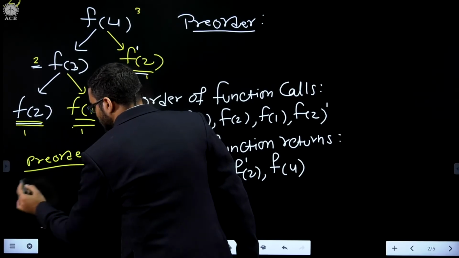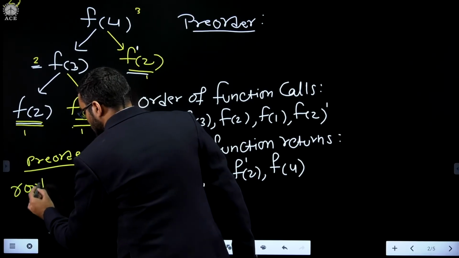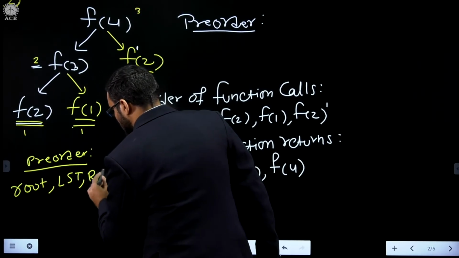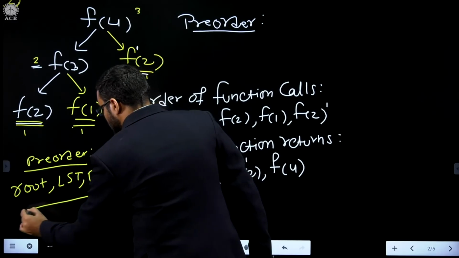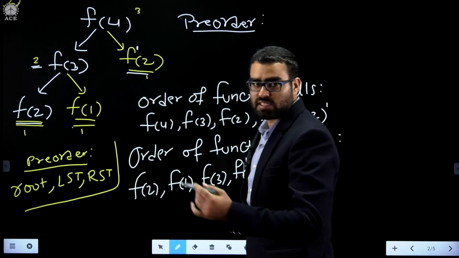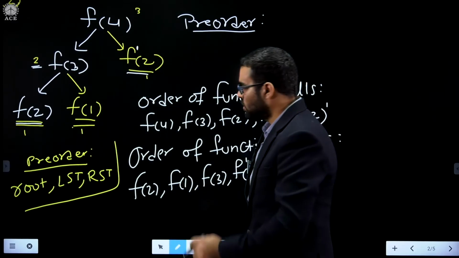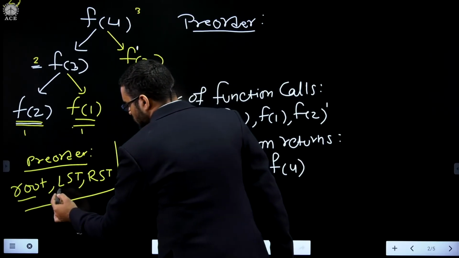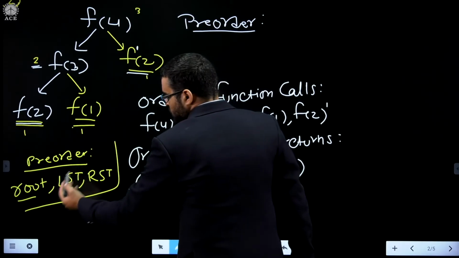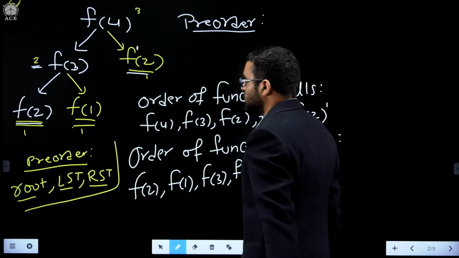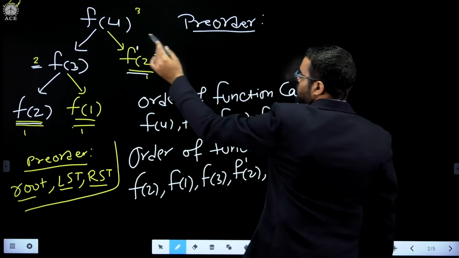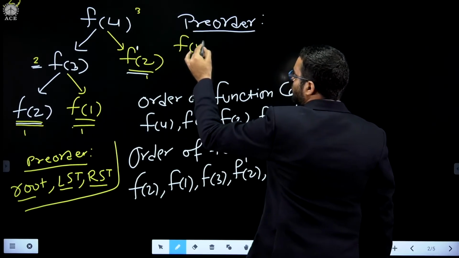In pre-order, first we write the root node, then we go to the left subtree, and then we go to the right subtree. In the pre-order traversal of a tree, what we do? First we print the root node, then we go to the left subtree, and then we go to the right subtree. So for this tree, you can see the pre-order will be, first we print the root node, that is F4,